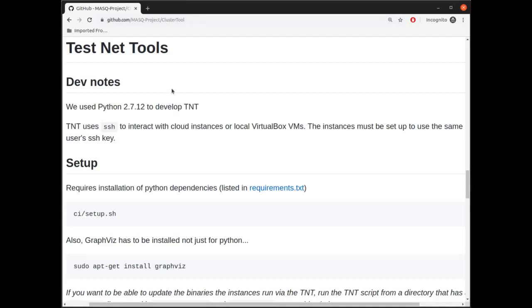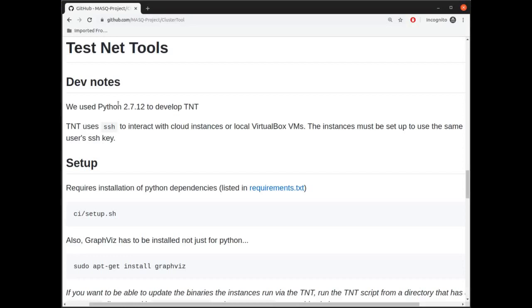Here are the instructions for installing TNT. You'll notice here that you're going to need Python on your system, version 2.7 point something, basically not version 3. I'm not sure what the actual latest is, but it's not compatible with Python 3, so don't install Python 3.